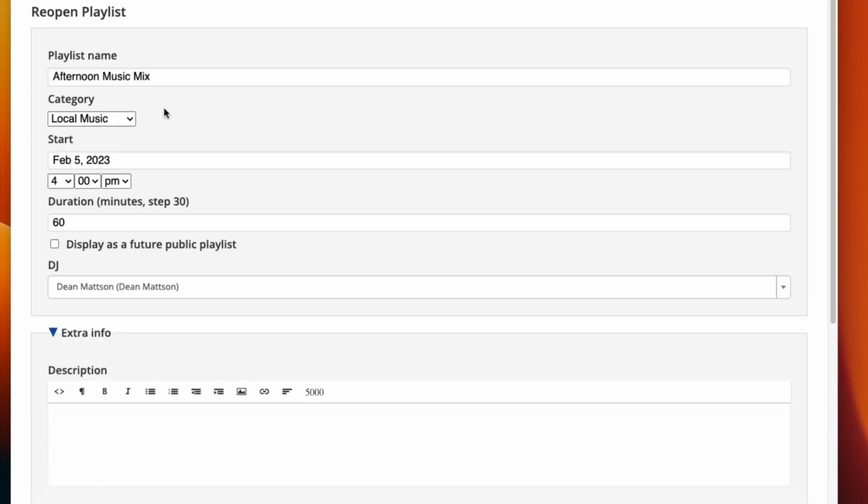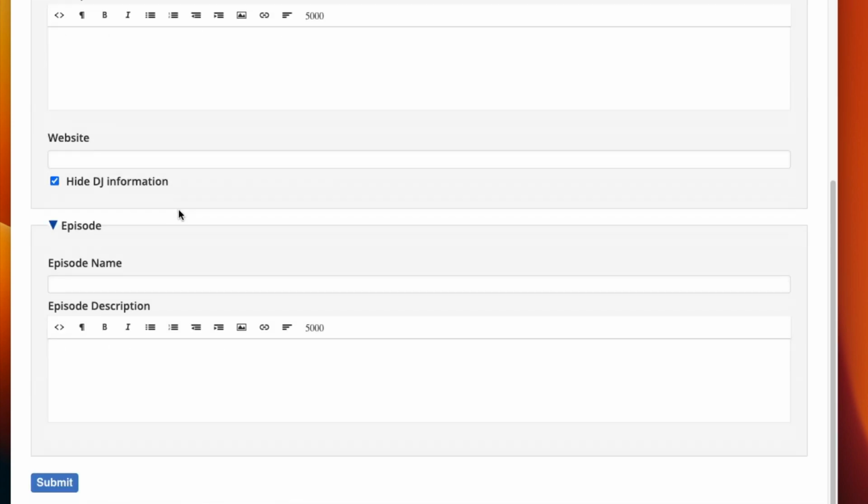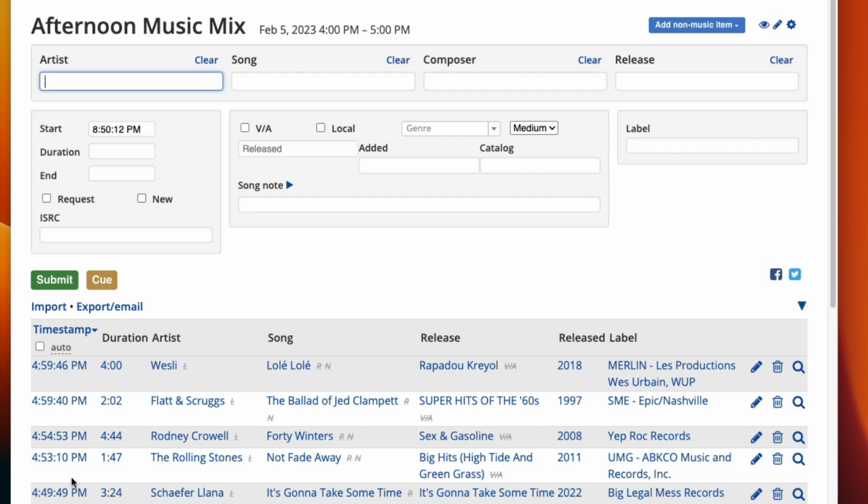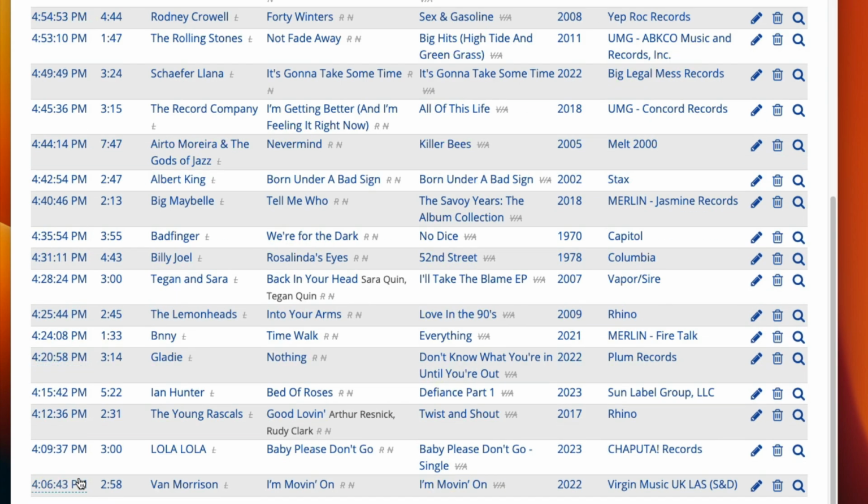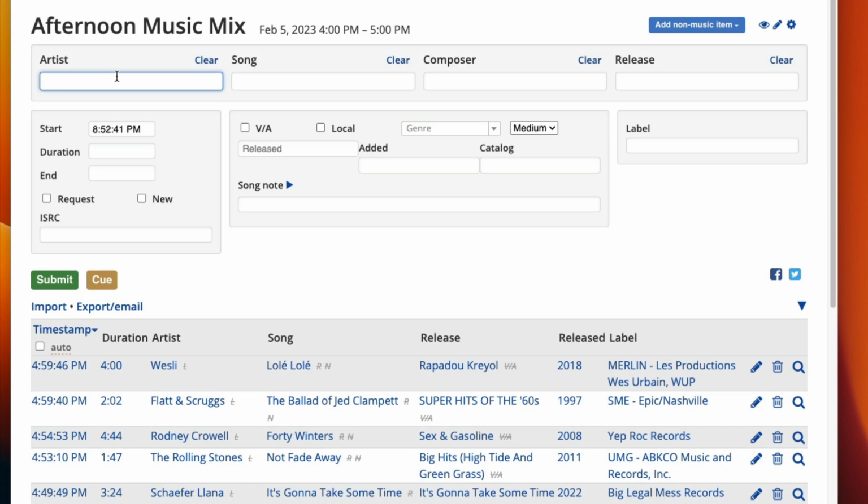On the next page, I'm not going to change anything. I'm going to quickly scroll to the bottom of the page and click Submit. And then I'll see a list of songs from the last one to the first one. To enter a song, I'm going to start filling in the information at the top. I'm going to start typing Ray Charles as the artist, and you'll notice as I start typing, it's going to